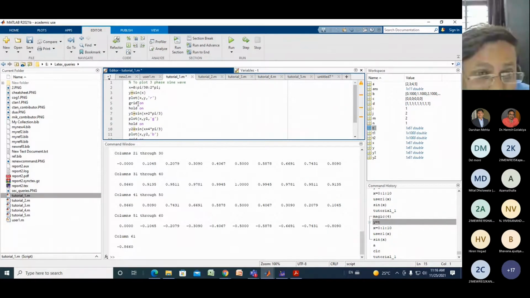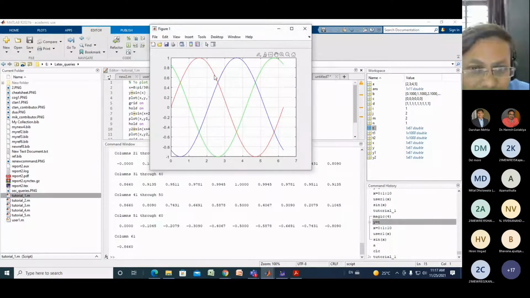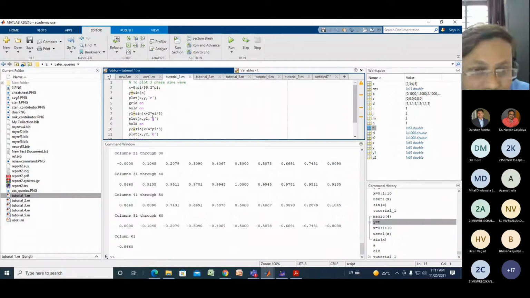Okay, so this is my MATLAB file. Here you can see there is a series of commands, a series of scripting, written to plot this sine wave. So this is for a specific task, and this specific task is my three-phase wave. The MATLAB file is written for a specific purpose.